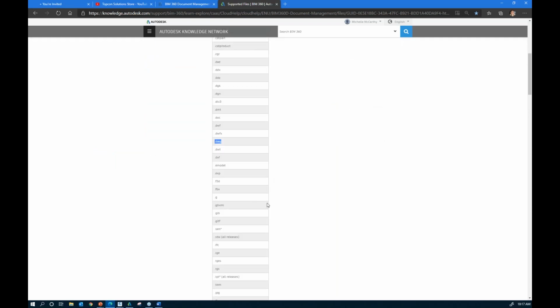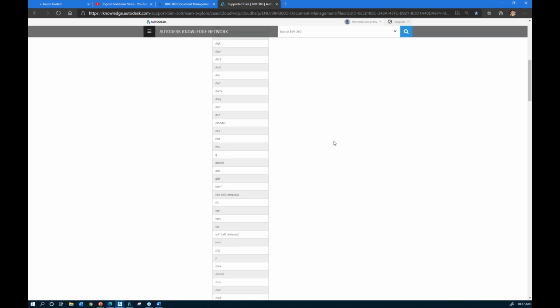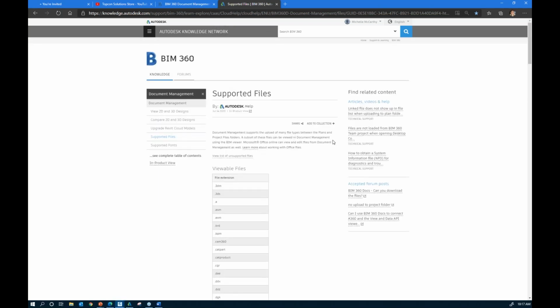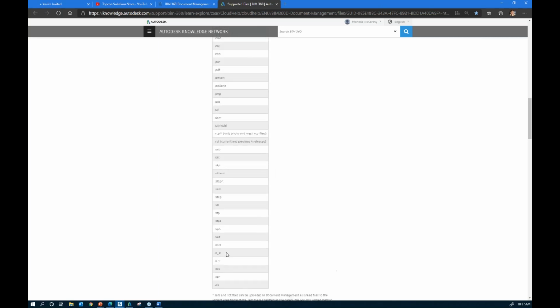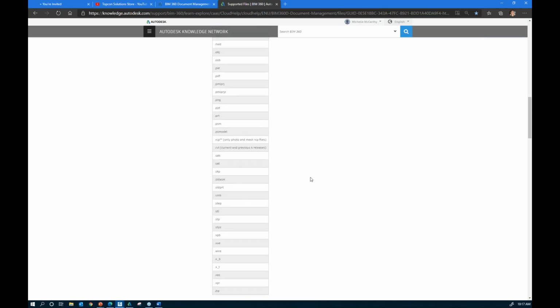Obviously, we've got our DWGs in there, but we can put our PDFs. We can put our image files up there. We can put shape files. We can put all sorts of different file types up there. We've got a very complete list here; zipped files can be stored up there. Today, we're going to be focusing on shape files,